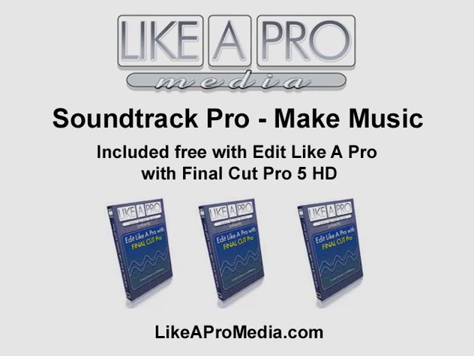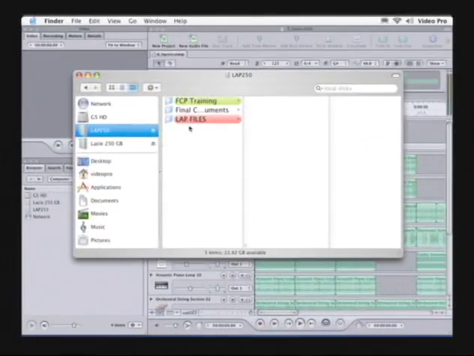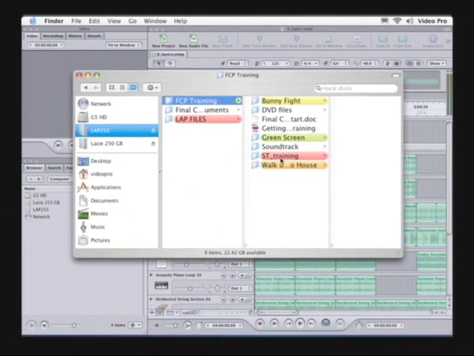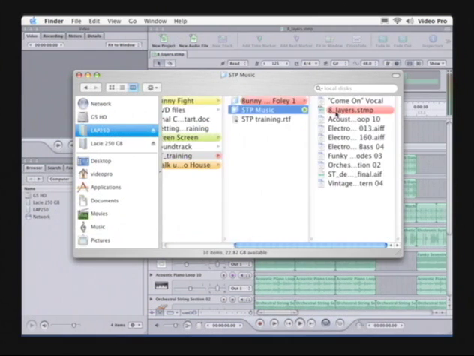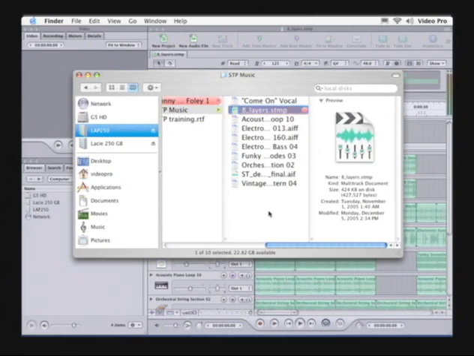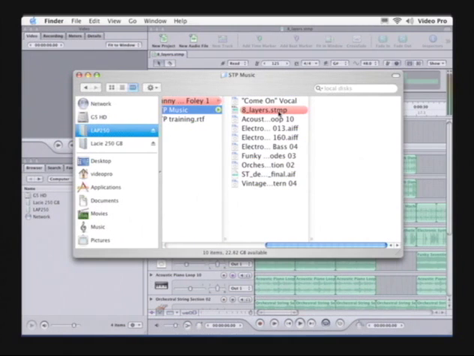Okay, in this bonus chapter on Soundtrack Pro, I want to talk to you about creating music or music beds for your video or film projects. If you copy the FCP training source material folder to your hard drive, you step inside that folder and click on ST Training, you'll see that there's a folder called STP Music, and here's the project file. I highlighted it in red, so if you'd like to double click on this project file and dissect the project,